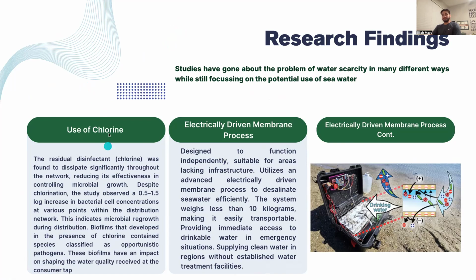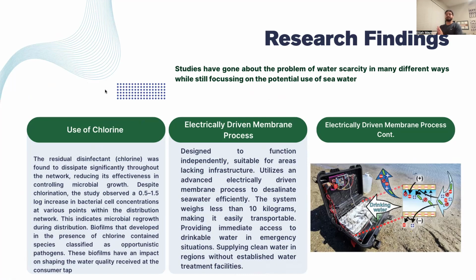One study has looked into the use of chlorine. The residual disinfectant chlorine was found to dissipate significantly throughout the network, reducing its effectiveness in controlling microbial growth. Despite chlorination, the study observed a 0.5 to 1.5 increase in bacterial cell concentrations at various points within the